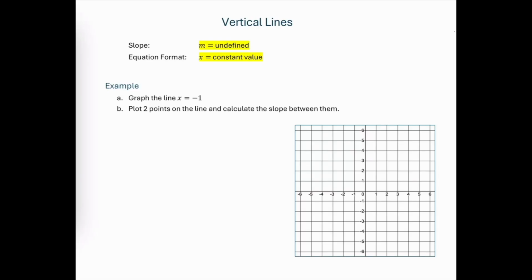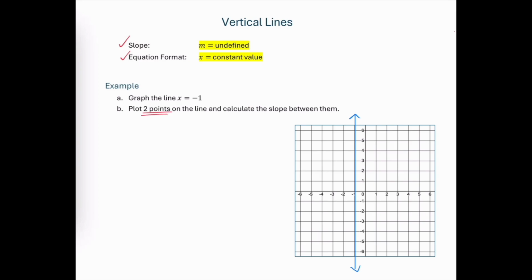A vertical line is a special case of a line equation, and the equation of a vertical line doesn't fit the standard pattern for linear equations. So to discuss the slope and the equation of a vertical line, let's look at a graph. We'll graph a vertical line that passes through the x value -1, and let's plot two ordered pairs that are